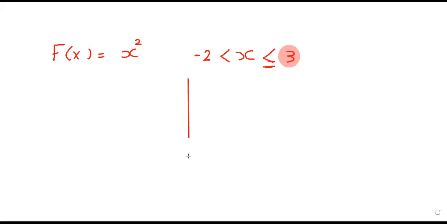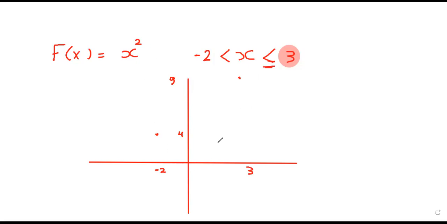And when it comes to graph this function, we will draw the two axes, x-axis and y-axis. And f of negative 2 is 4. And we can find f of negative 1, f of 0, f of 1 to reaching 3. And f of 3 equals 9. But we couldn't join up these two points with a line because this relation is not a linear function. It's not a straight line, it's a curve,